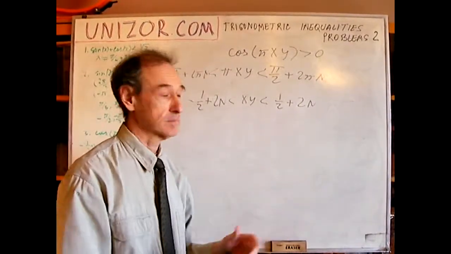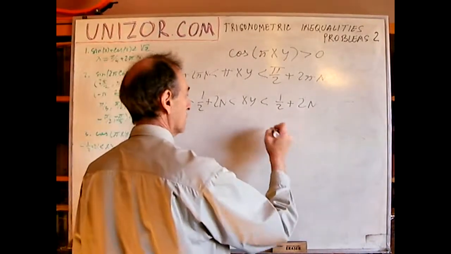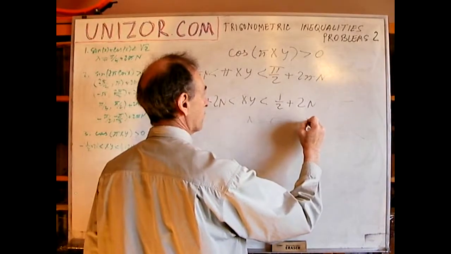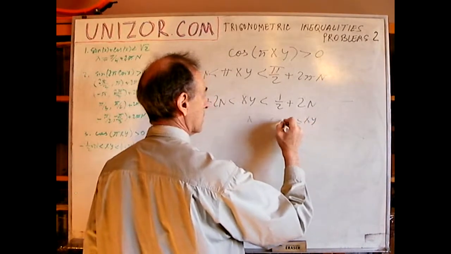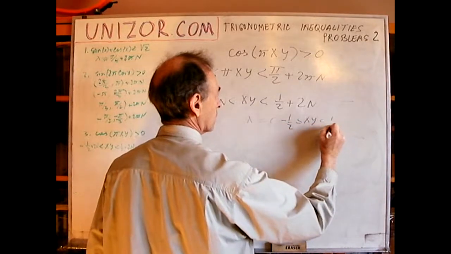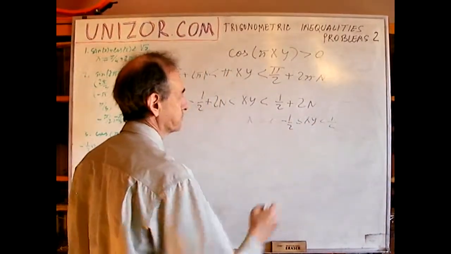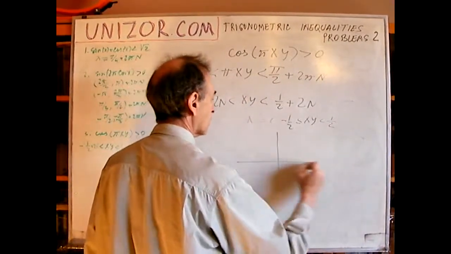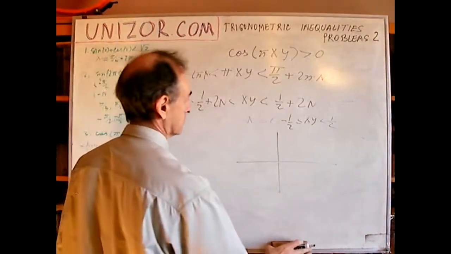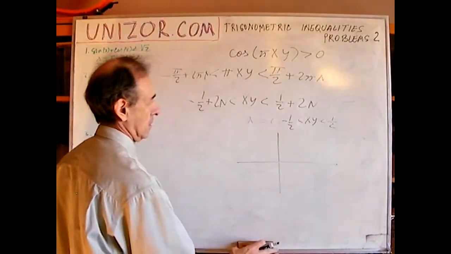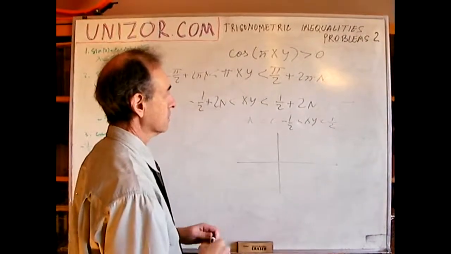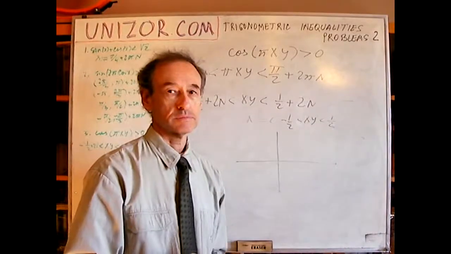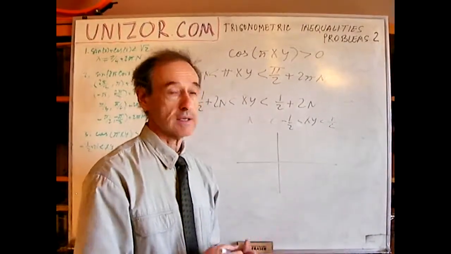Now, what is it? Well, let's just think about it. Let's put n is equal to 0 first. Now, our xy is from minus 1/2 to 1/2. Now, how does it look graphically? Well, let's think about it. Let's build the first one. xy less than 1/2. Well, let's build